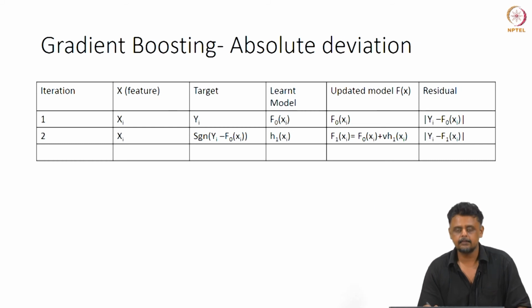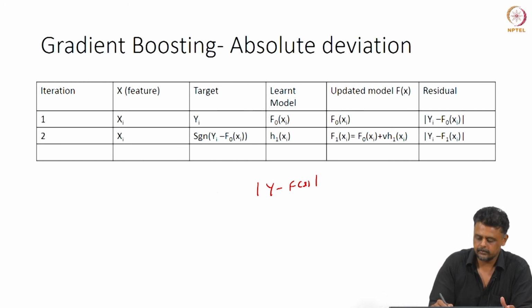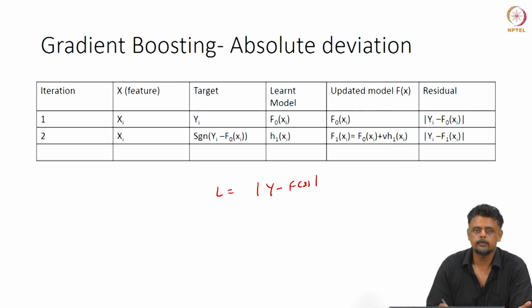So, let us see, if we consider a non least square model. In this case an absolute deviation. So, y minus f of x. I am going to leave out the summation and all that, just to make it a little bit clear, and this is your loss function. Okay. And if you want to take the derivative with respect to f of x, view that as an exercise, you will get sign of that.